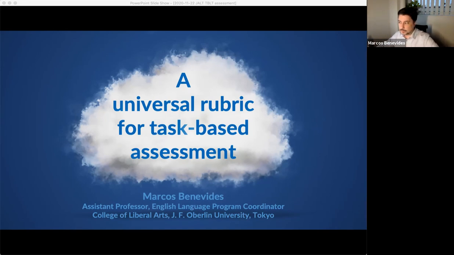So to get started, this is a presentation that was meant to follow up on a presentation that a co-researcher and I, Jeff Martin, a young man who's just started his PhD at Temple, were going to give. We are researching the reliability of this rubric that I've been developing for a number of years for TBLT. We were supposed to present this August at ILA in the Netherlands, but of course it got postponed till next year, so that never happened.